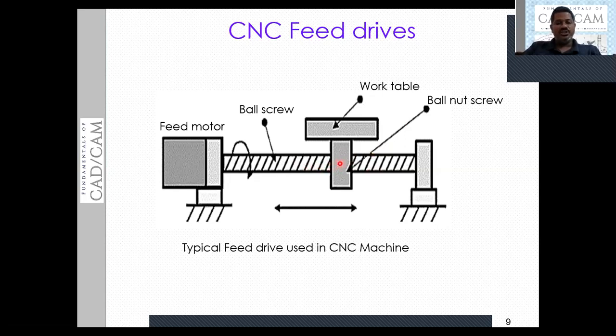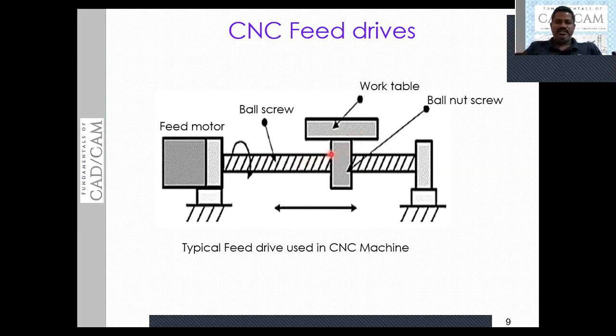the balls are introduced. The balls are going to reduce the contact surface between the screw and nut. In turn, we are reducing the friction of the screw and nut, so that we can move the table very quickly, with reduced friction. That means the table is going to consume less power when we use recirculating ball screws in between the screw and nut.